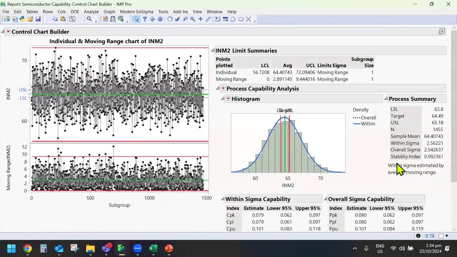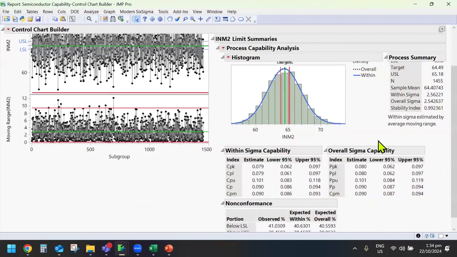So I ask you a question. If you are the owner of such a process, obviously the sigma is very poor for this process. What are you going to do? You can type in your answer in the chat box. Let me know, and also test a little bit your understanding. So in order to achieve my CPK requirement as high as possible, right now it's too low. As a process owner, what should I do? Type your answer in the chat window.